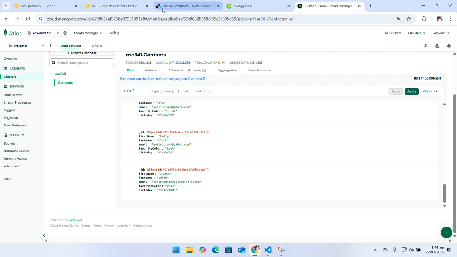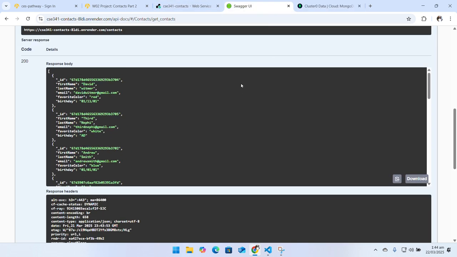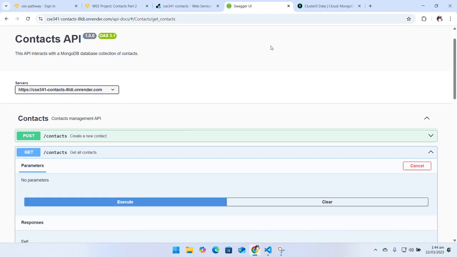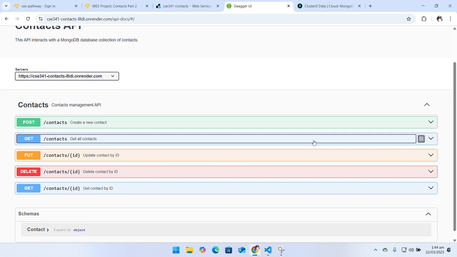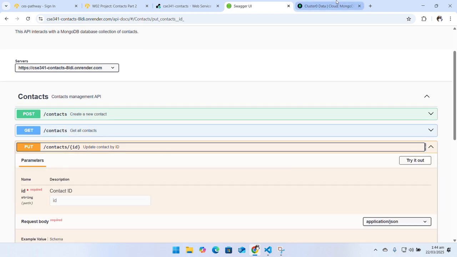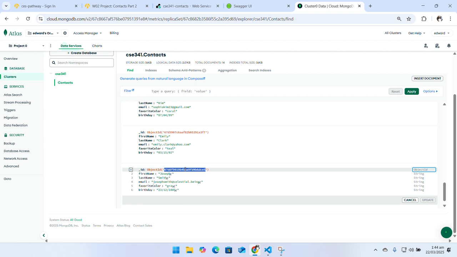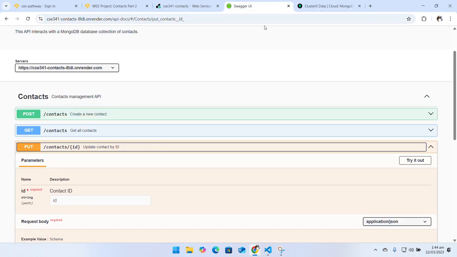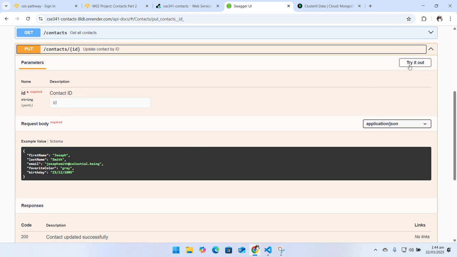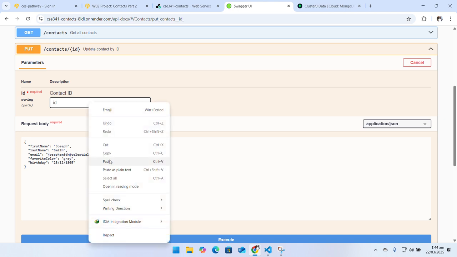Okay, I'll go back to our docs. I'll just close up that. Okay, let's edit that contact. So I'll use the ID, copy, go back to the docs and try out if it is working. I'll paste it there,